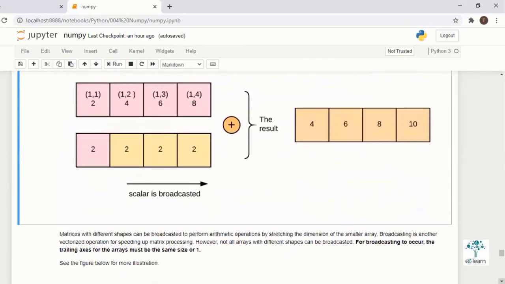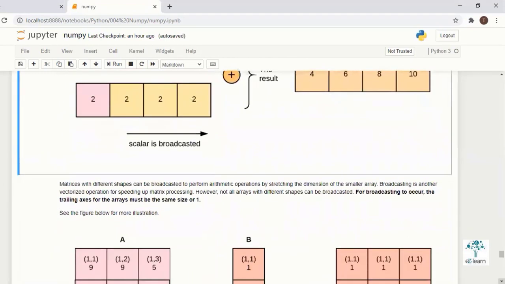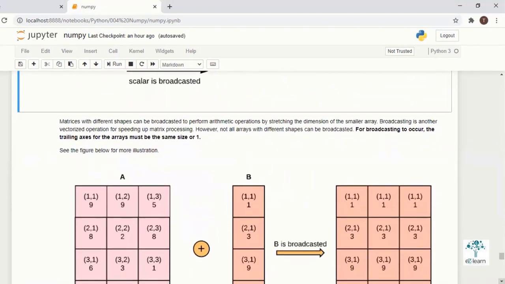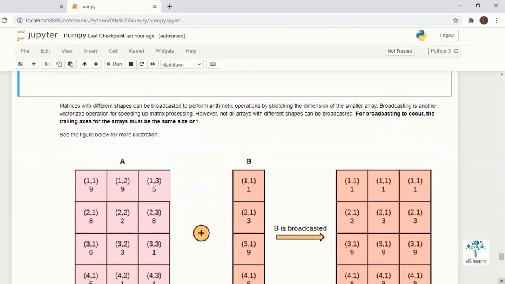There are some conditions for using broadcasting. Here in scalar values we have seen it, but here we have an array of 4 cross 3, and here 4 comma 1.